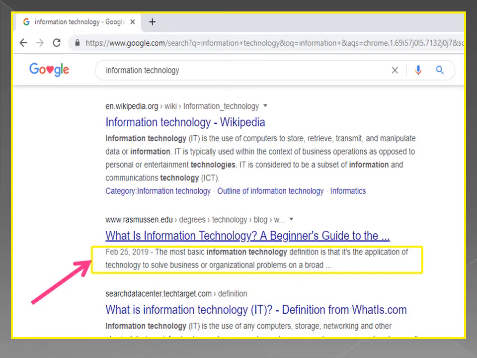As you can see on the screen, here we search something on Google and it gives us a response in the form of different websites. See the highlighted area shows the description of that page. So what is information technology? A beginner's guide to the, so that is the link, and that highlighted area shows the description of that web page.